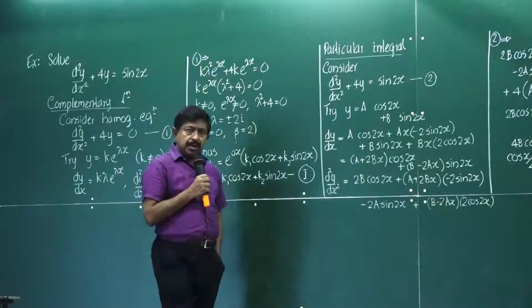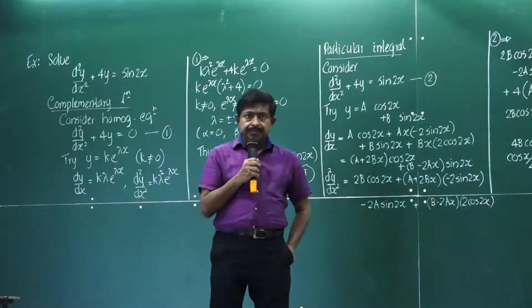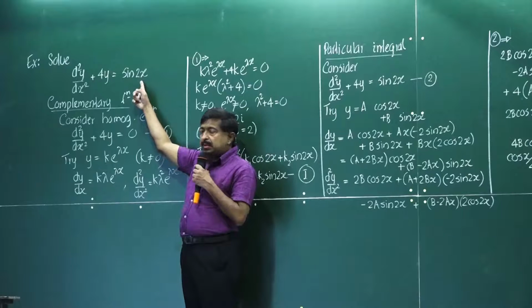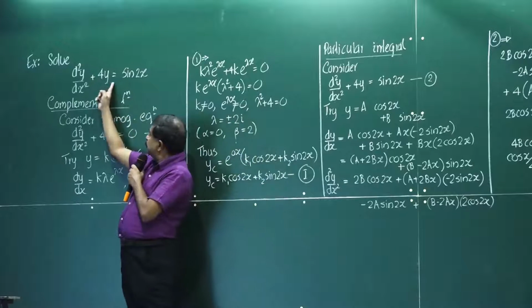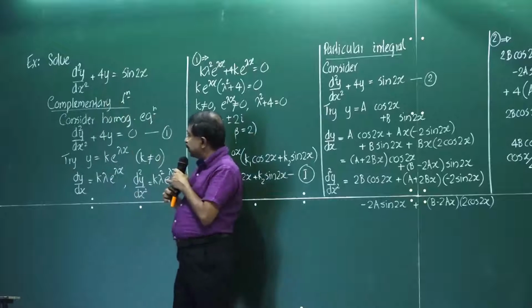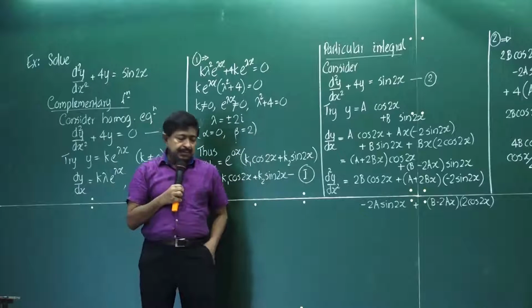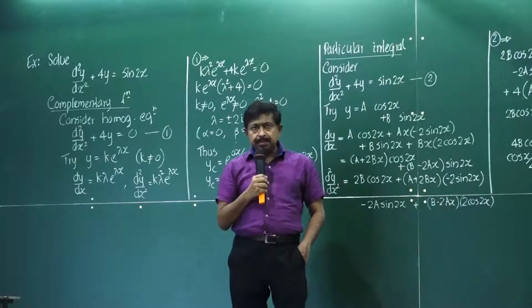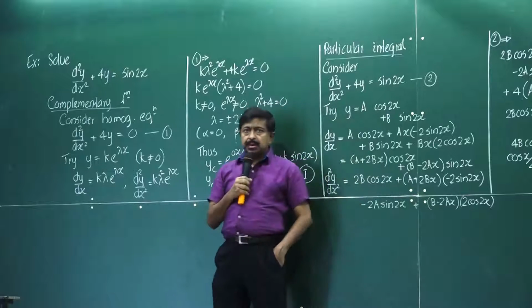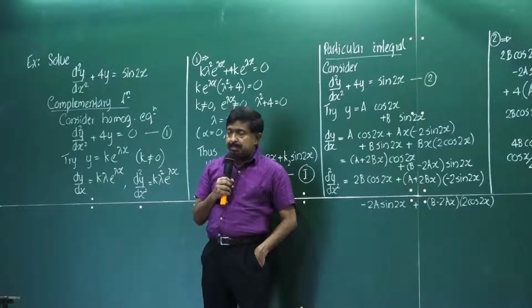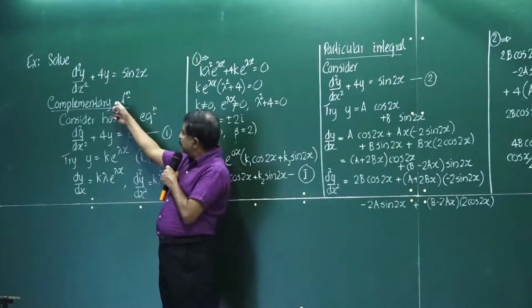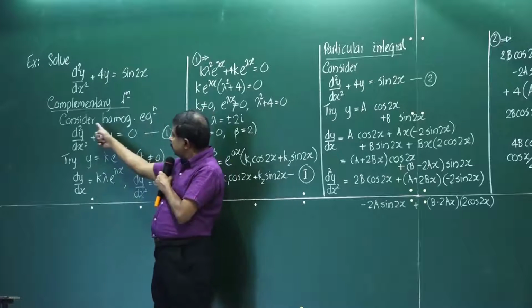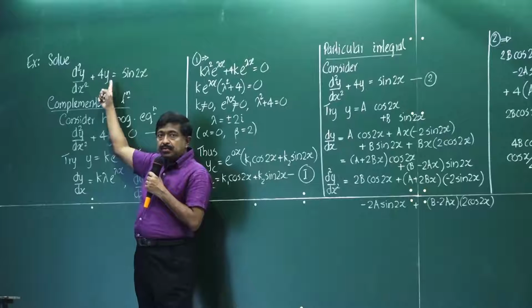Okay, let's do one more problem. We'll consider this one, right? First, we need to find the complementary function. Then we need to find the particular integral. Then sum them up to find the complete primitive. Now, when you find the complementary function, you need to consider the homogeneous equation, where the right hand side